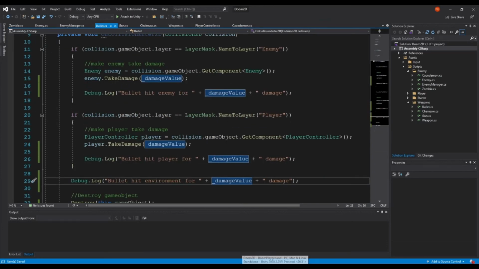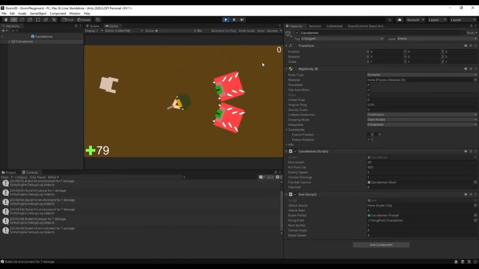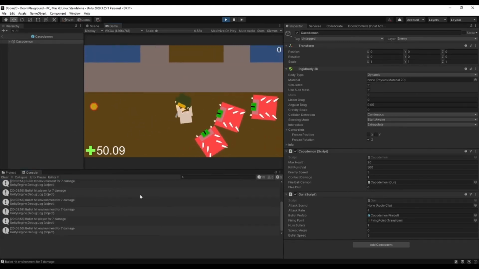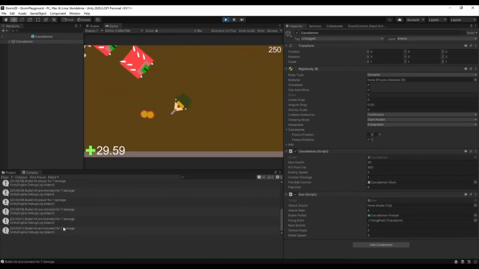So now we have a few different ones, and this is just on our gun. And keep in mind, our gun is used for all of our weapons, except for the chainsaw. Chainsaw's the only one that this won't do anything to. So if you see down here, bullet hit player, bullet hit environment,